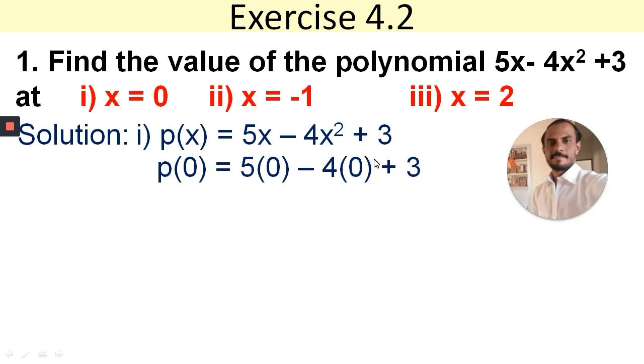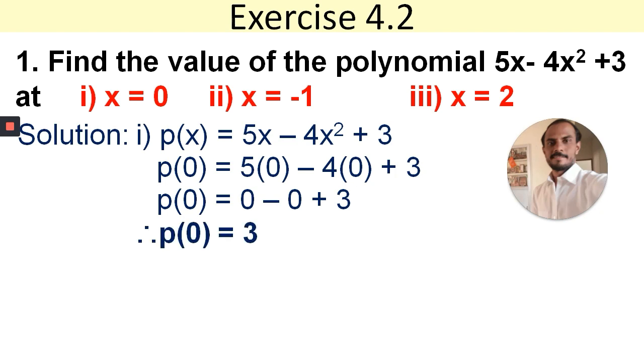This value 3 is obtained, not 0, after putting in the constant. So p of 0 is equal to 3. We just have to find what came at x equals 0, and justify whether 0 is a zero of the polynomial or not. It is not a zero of the polynomial here, because 3 is obtained. Hence 0 is not a zero of the polynomial, and we can give this justification. You understood? P of 0 is equal to 3.